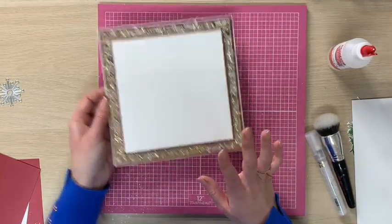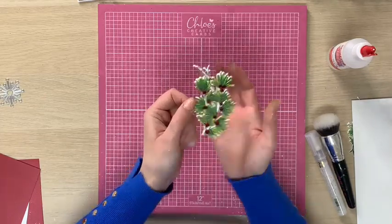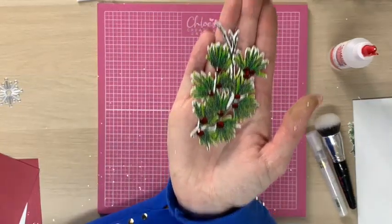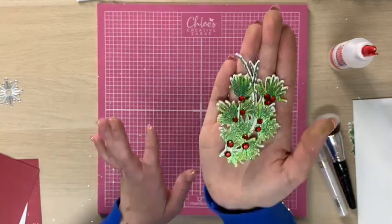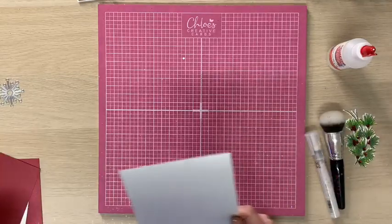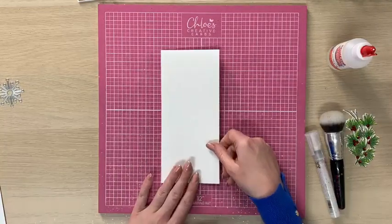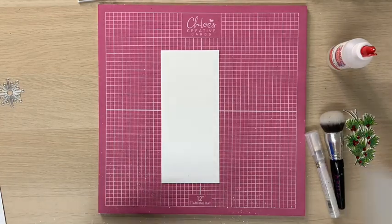So we're going to get on to the fun part now. I want to show you how to create these beautiful little branches. If I hold that up, there we go, you should be able to see how gorgeous they are. So quick and easy to do though. So what I'm going to do is start with a piece of crystal white pearl card. I'm just going to do one to show you, but to complete this actual project you need to do 5